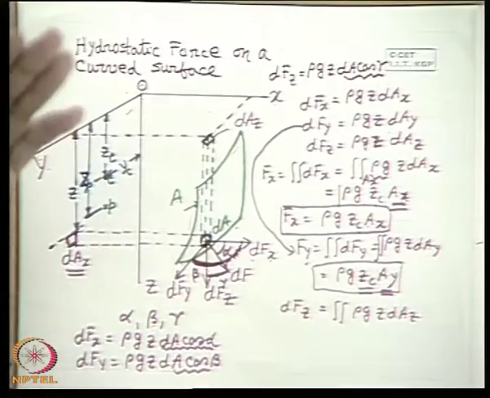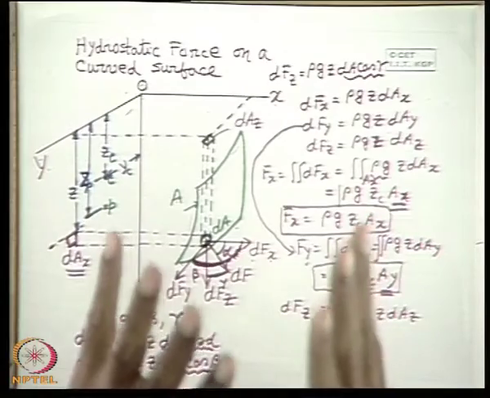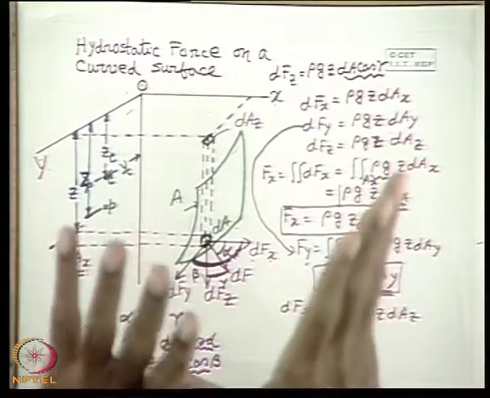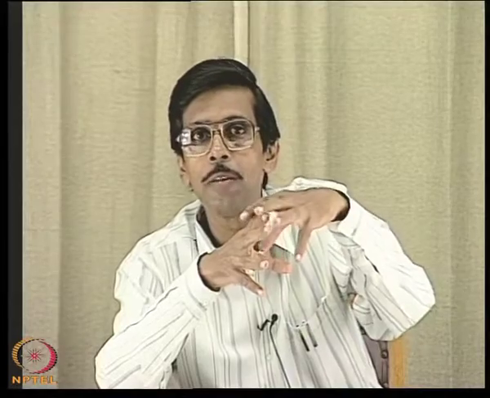So again I am telling, the conclusion is like that: if there is a curved surface, sometimes it helps us in solving problems. If there is a curved surface submerged in a liquid, then the hydrostatic pressure force in any horizontal direction, it may be x, it may be y, any way you can orient it in any horizontal direction, is equal to the force on a plane surface whose area is equal to the projected area of that surface in a plane perpendicular to the direction.